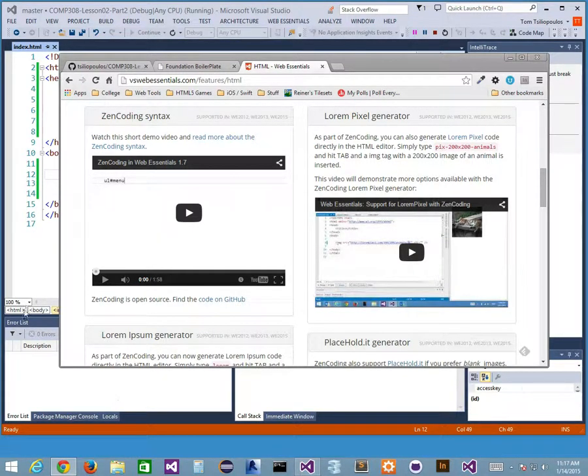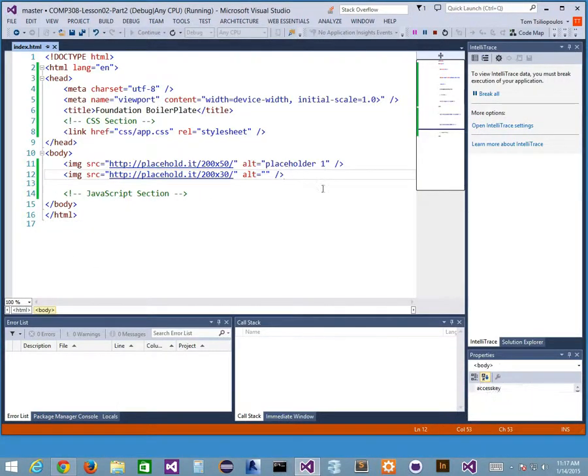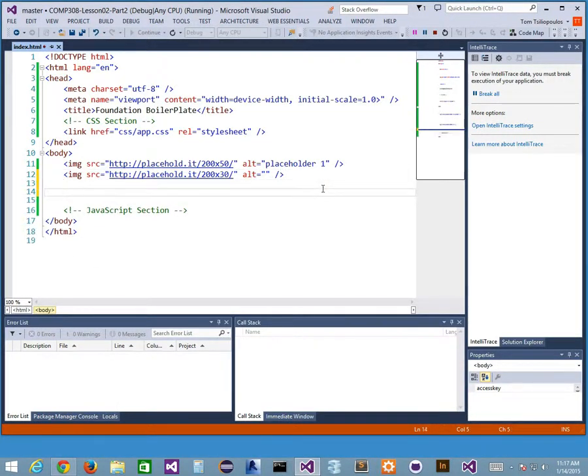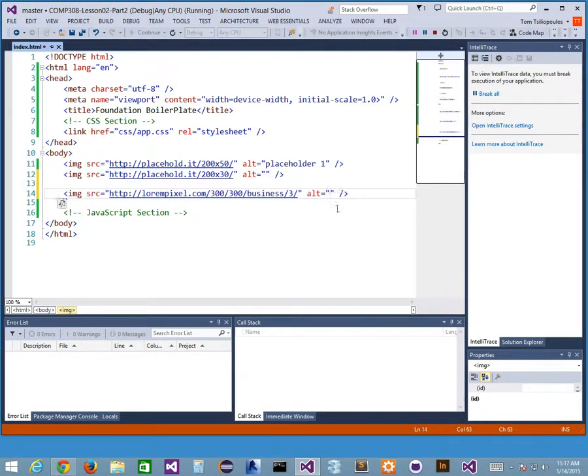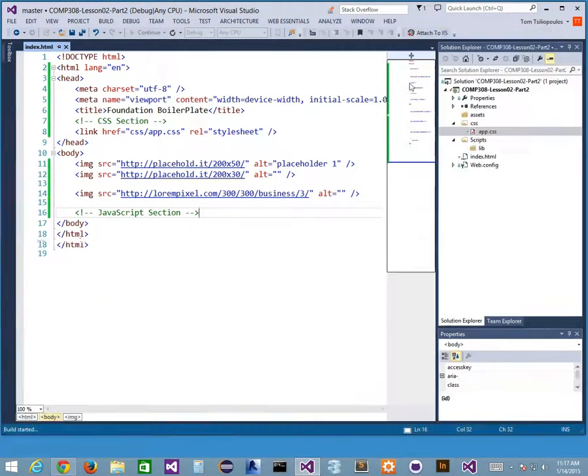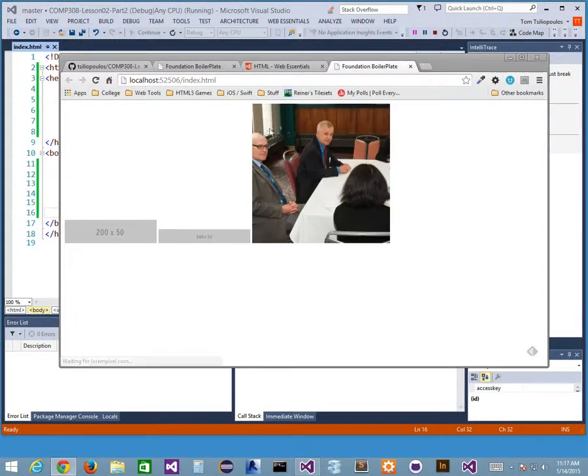So let's try this out. If we go back here, and instead of these placeholder images, I will type pix dash, I don't know, a big image, 300 by 300, and I want to make it business, right? So it picks a random business picture. And if I update my screen now, it's going to have a couple of placeholder images and then a random picture of some business, right? Two seconds, like one line, done. So again, from a placeholder perspective, you want to build your prototyping for your content really, really quickly,